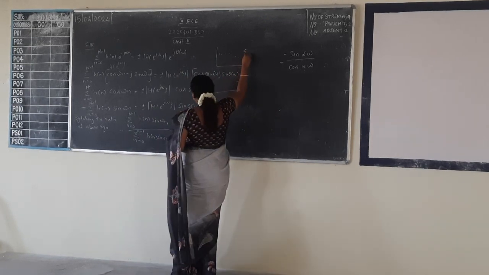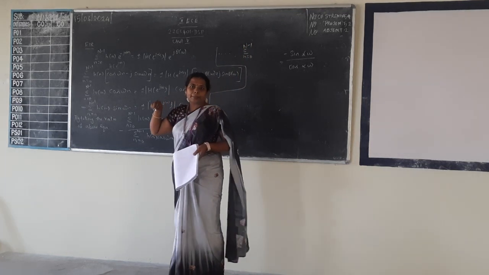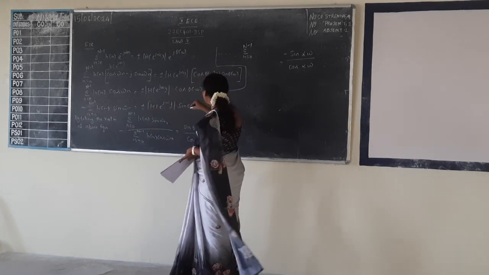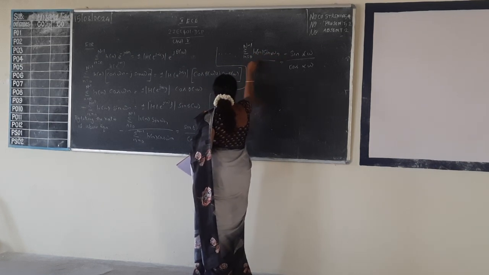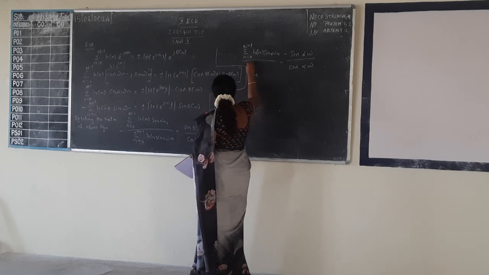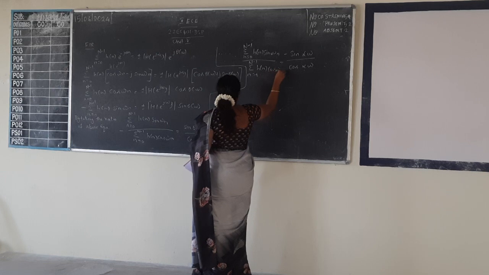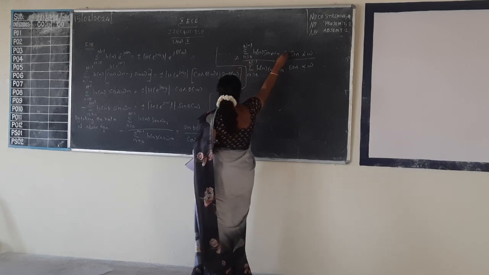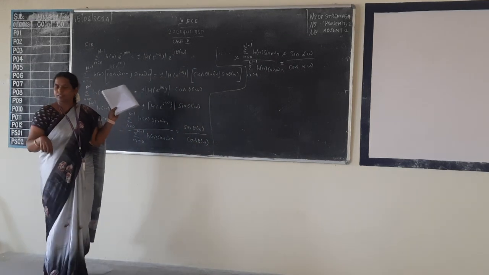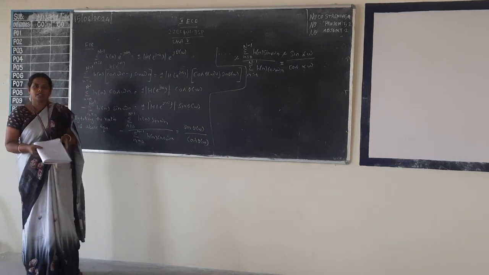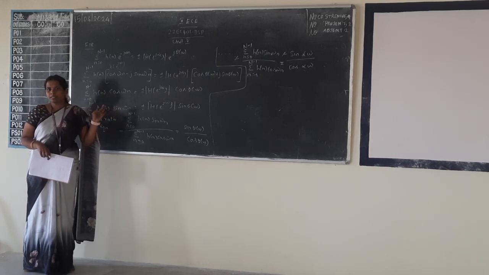So sigma n is equal to 0 to n minus 1 h of n sin omega n, divided by sigma n is equal to 0 to n minus 1 h of n cos omega n. So this negative gets cancelled. We get only positive on both sides. Can you follow me? Yes or no?